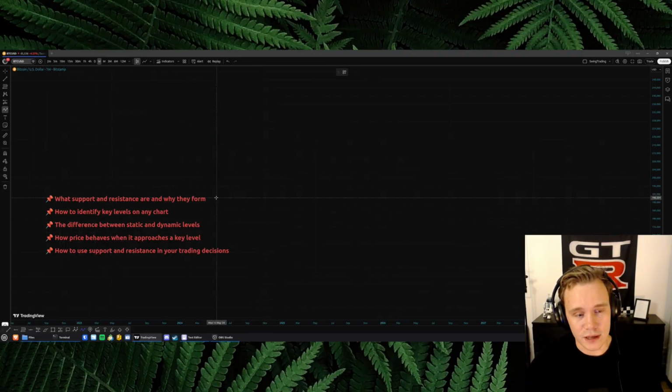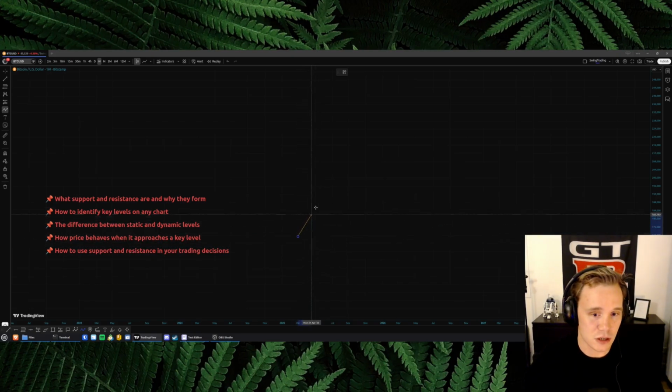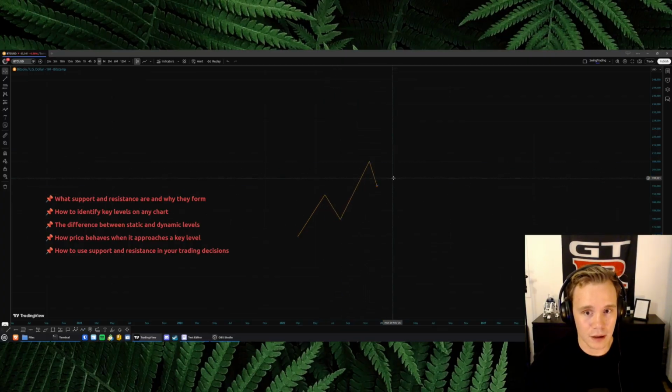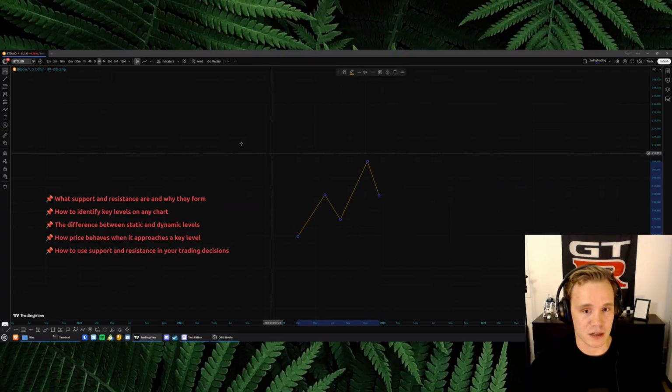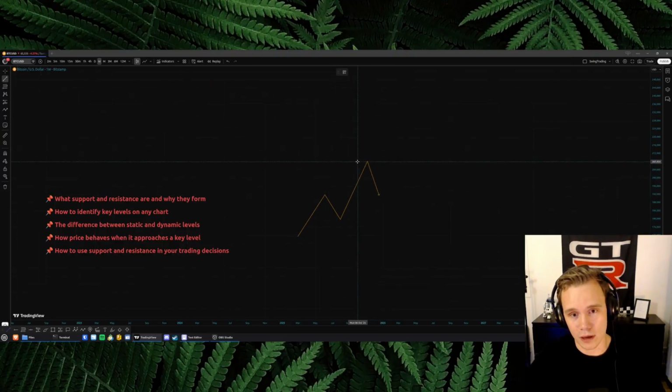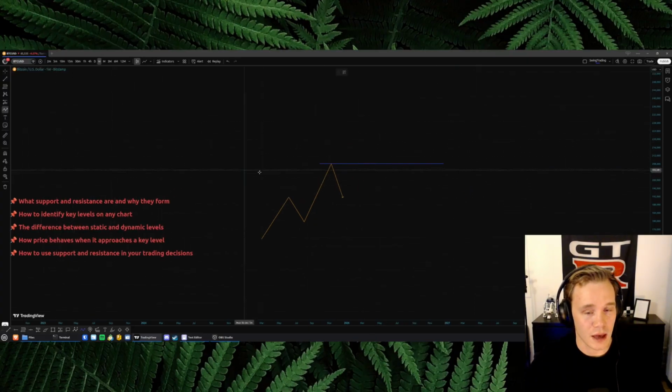How to identify the key levels on a chart? We're looking for that exhaustion and price returning and pulling back from regions. So we have a market moving to the upside and it starts to pull back. We know that we've had a nice long run to the upside and price has pulled back, meaning that the buyers have lost control, they've lost their strength, and the sellers have stepped in and pushed price back to the downside. So what we can do is take that high and extend it out to the future